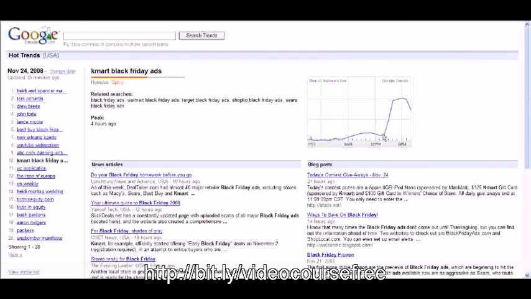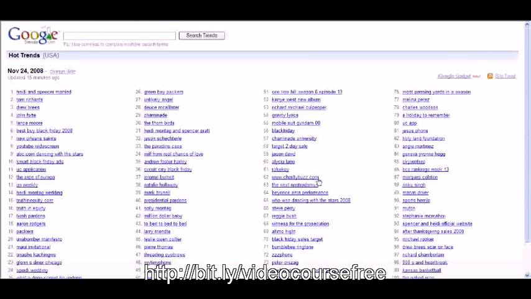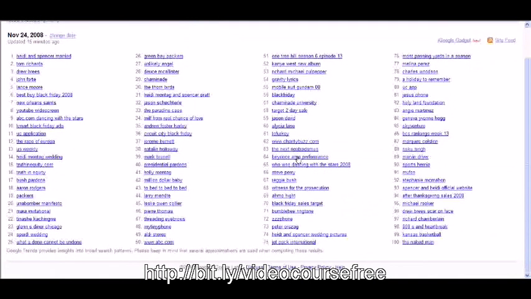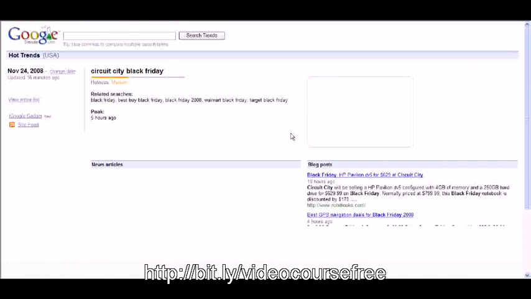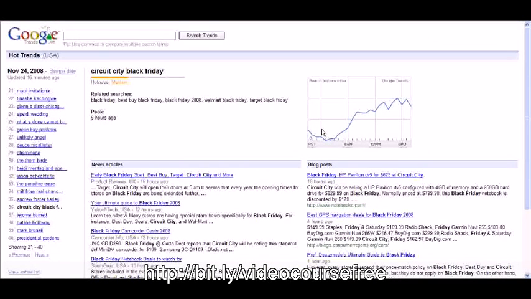I like to look for trends that are obviously going up, but that also haven't totally fallen off. Like this one would still be okay to go after. But if you see that the trend down here is clear over here, it's not really worth going after and using the methods in the system. So this is how you go about finding the particular product or niche or keyword that you're going to target with this system. You can refer back to this video, and you're just looking for things that are on an upward trend.